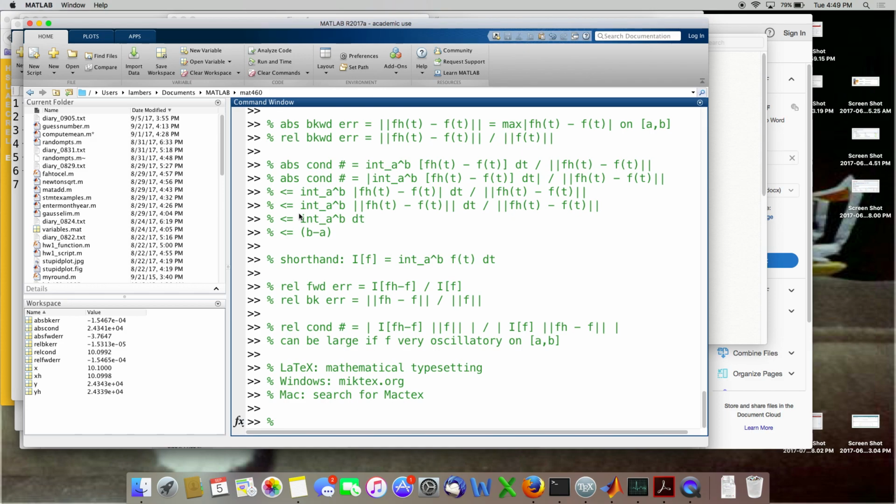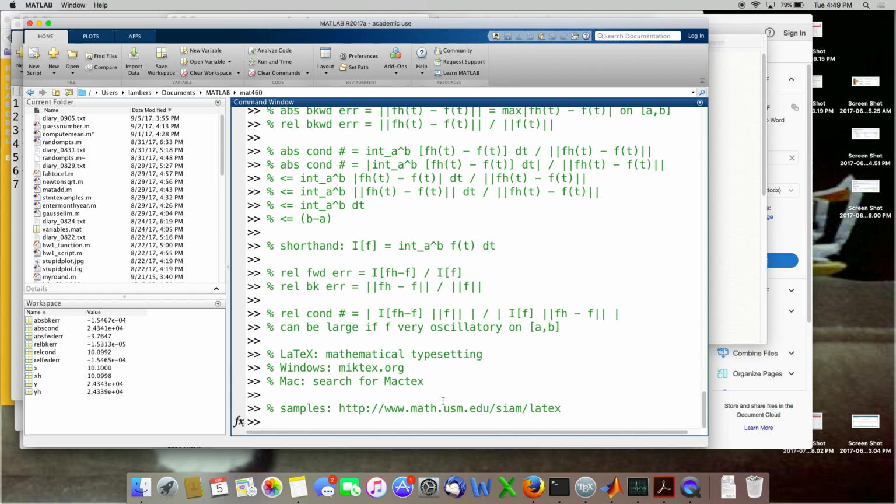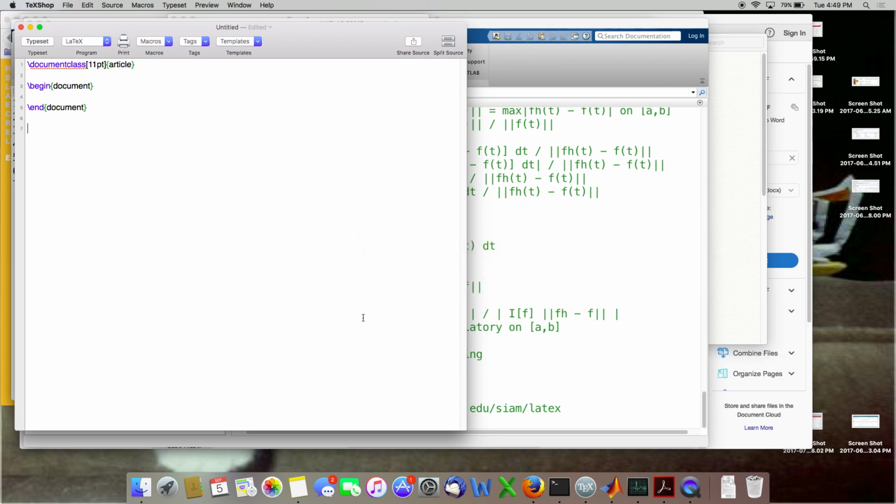I gave a LaTeX workshop some time ago for a SciAm chapter. So if you go to this web address for the SciAm chapter website, which I need to update, you get some samples, like for instance what I'd use for lecture notes, or a resume, or a presentation, or a thesis, things like that. There's several samples there that you can look at. But I'm going to illustrate some things in here.